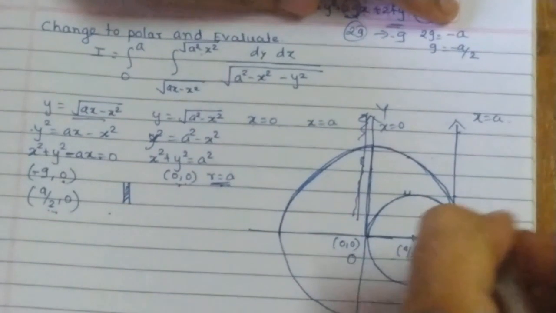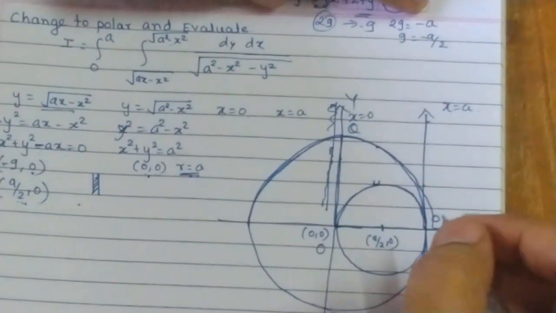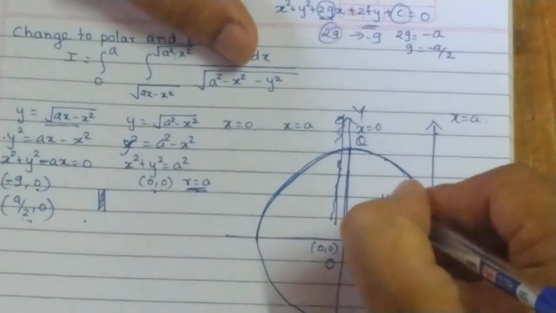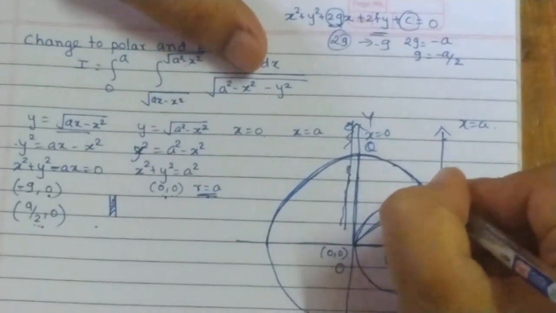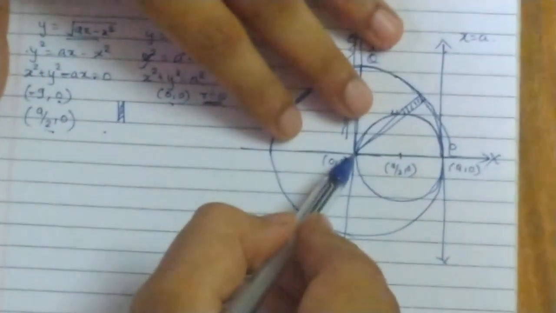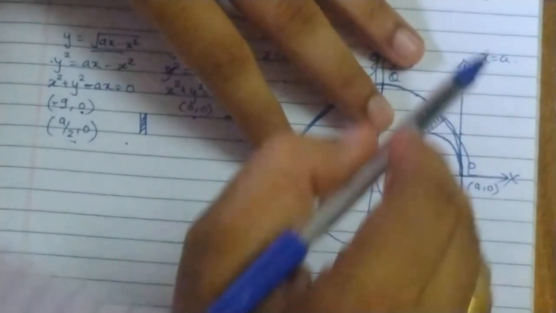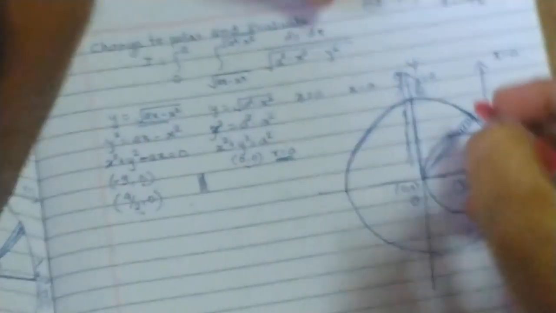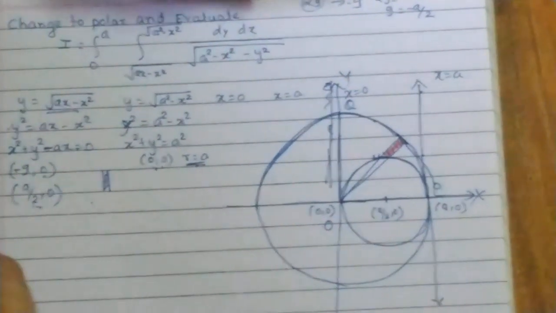I'll say OPQ is the region of integration. Now to change the order of integration, we have to consider a radial strip. Now see, this is our radial strip, of which only this portion will come inside the region of integration. This part is outside the region, but still this end of the strip is fixed. But to derive the lower and the upper limit, we are going to concentrate on these two ends of the strip. I hope this idea is clear to everyone. This is our strip, meaning the portion lying in the region.